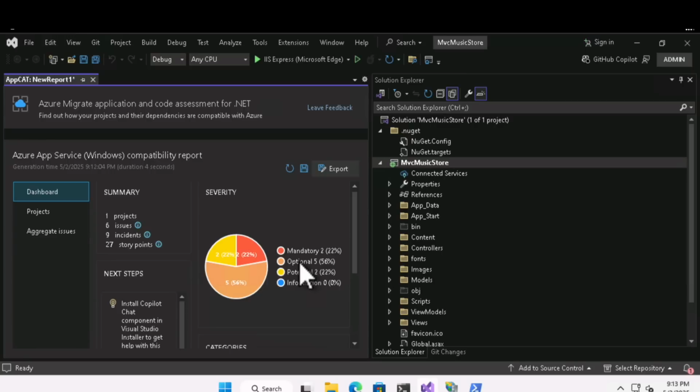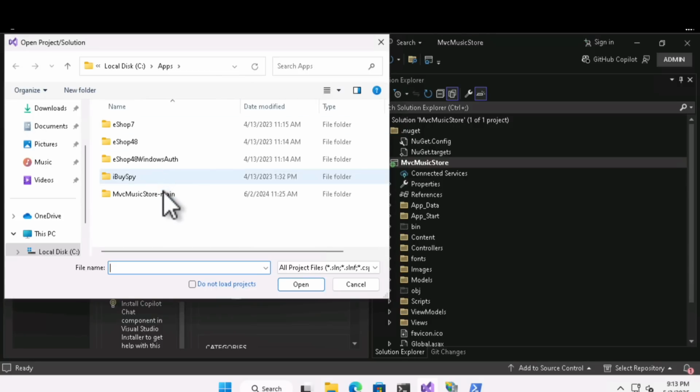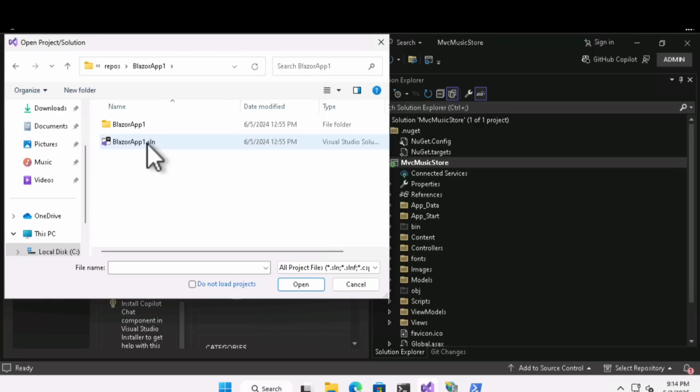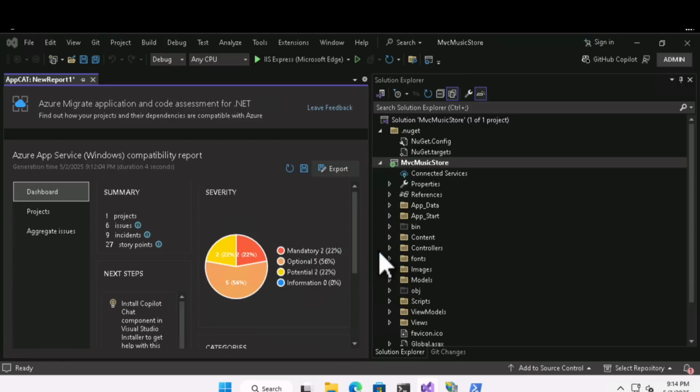So let's go to the Visual Studio and go to File, Open. This time go and open project solution, and let's see if we can open the Blazor app. I know where it is residing. It's under C, users, admin, sources, repos. So let's see if we can directly go to the folder first, and let's open the project. We are not gonna do any modification changes, so no